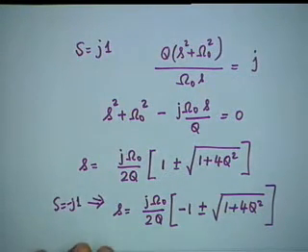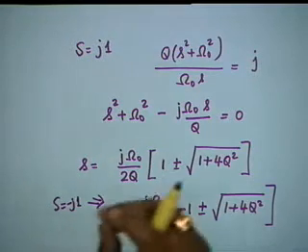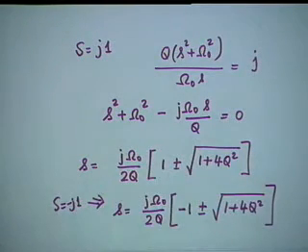What does this mean? It means that there are 4 solutions. S equal to plus minus j1 goes over to the bandpass filter to 4 frequencies, but then 2 of them are positive, 2 of them are negative. We are interested in the positive frequencies, and you see, if you take a plus sign here, it will be positive, and if you take a plus sign here, it will be positive, but then this solution would be lower than the first solution, isn't it?